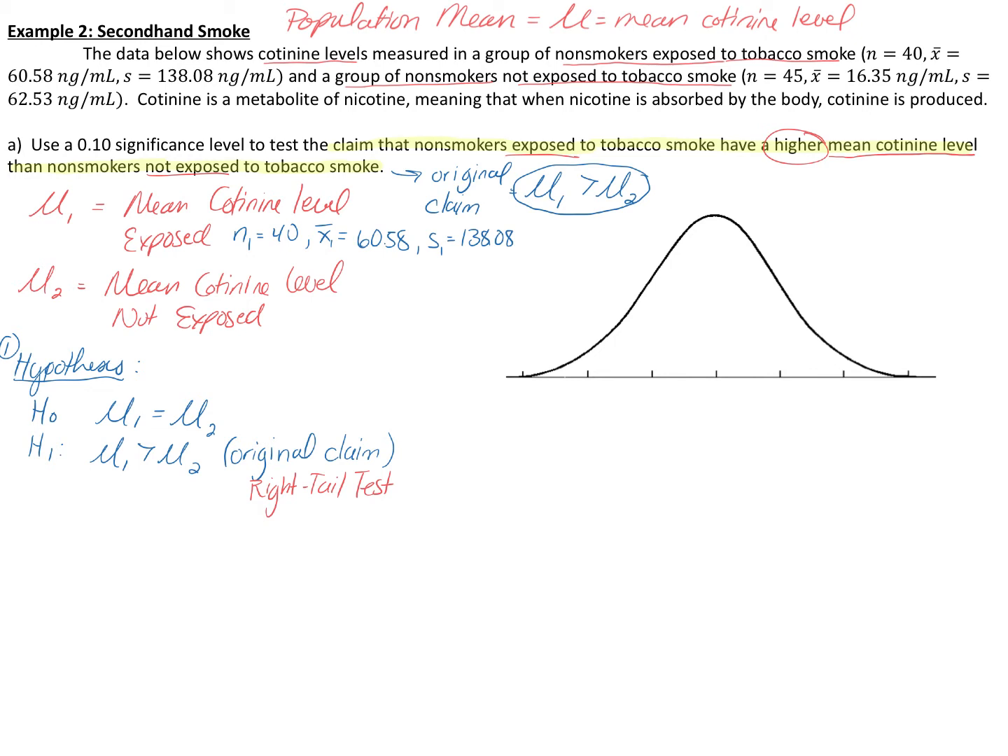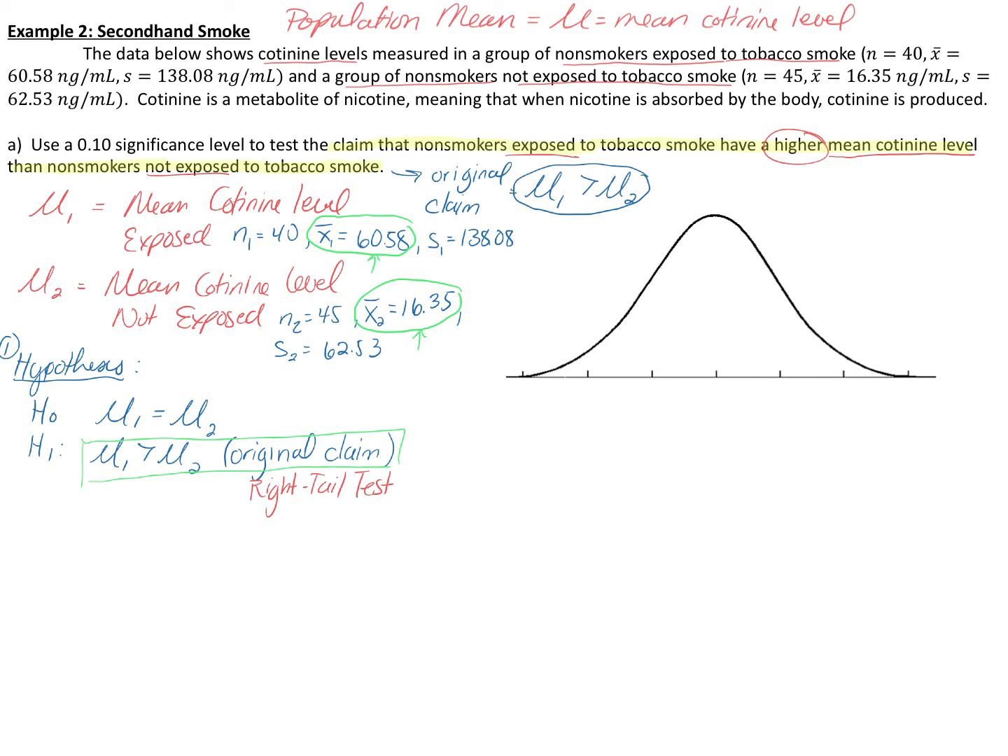And then our second group, the sample size was, let's see here, 45. So n sub 2 is 45. The mean cotinine level for that group, x bar sub 2, was 16.35 nanograms per milliliter, with a sample standard deviation of 62.53 nanograms per milliliter. If we take a look at our sample data, I'll highlight this in a different color, green, we can see very clearly that the sample mean cotinine levels for the two groups are different. For the group exposed to tobacco, 60.58 is much higher than 16.35. So it seems to support this claim